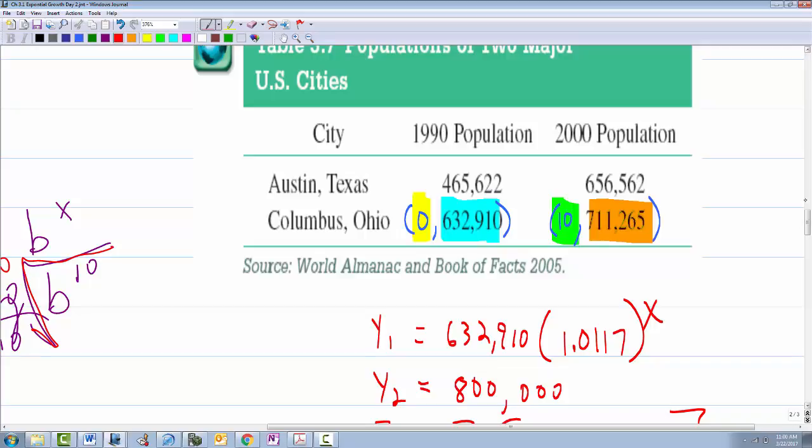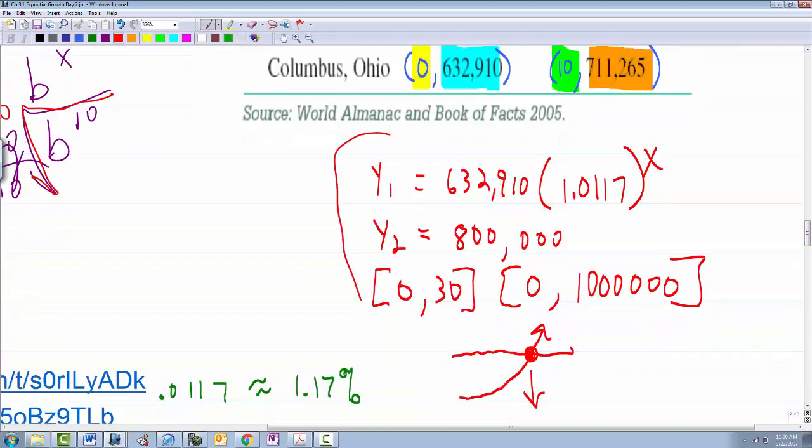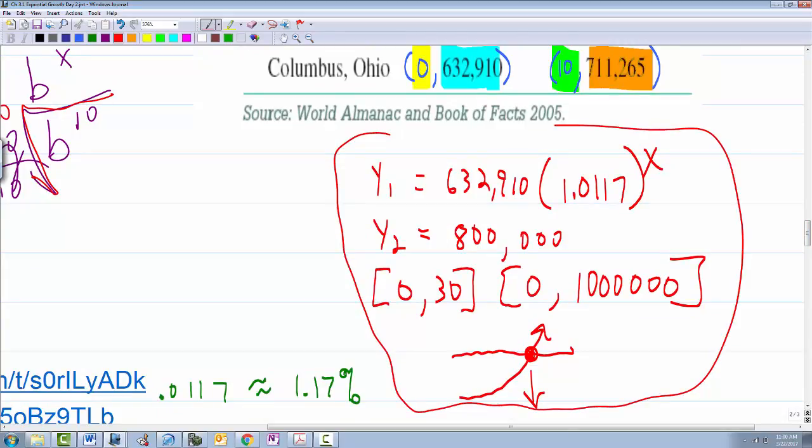Well, what you do is put this in Y1. I'm not even doing this in the graph. You should be able to handle this instruction right here. All I do is put my new equation I found for Columbus in Y1. And then I put Y2 equals 800,000. Because that's what you're solving for. Otherwise, you'd have to solve this equation. You'd have to plug in 800,000 for Y. 632, 910 times this